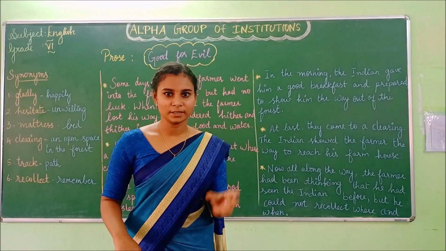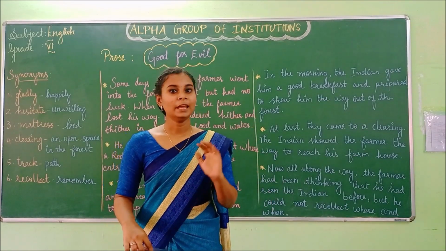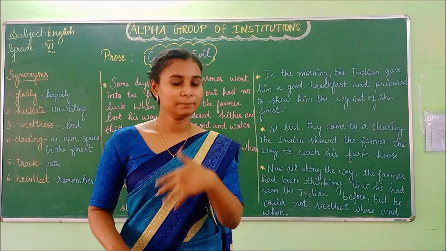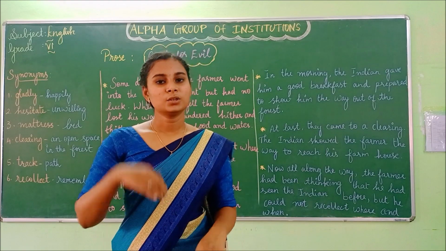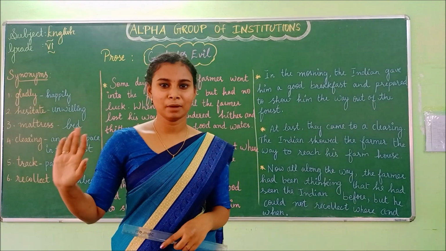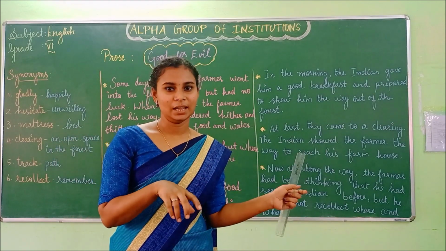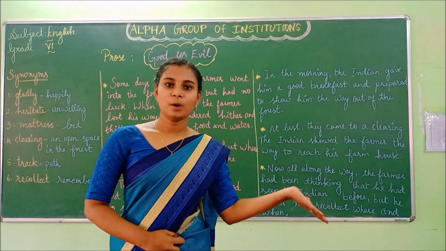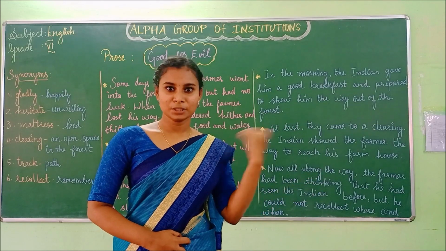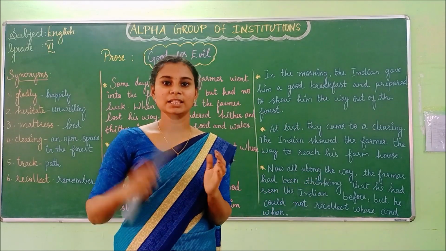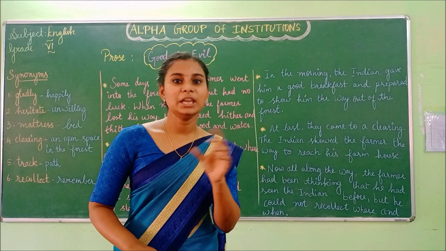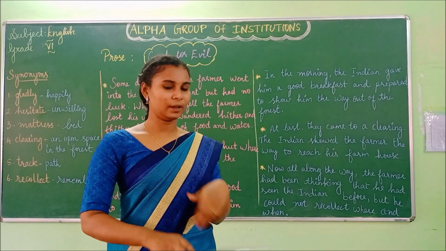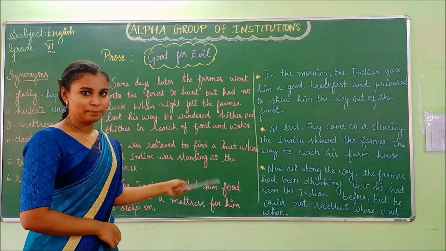Okay children, so far what we have seen is that this Red Indian is requesting at least a glass of water from the American farmer. Even after his request, this American is refusing to help him, right? So what happens next? He is chasing him away, and this Red Indian is so sad and he walks away. And after that what happens? This American farmer is muttering to himself that these beggars never let anyone rest in peace. Okay, next we shall see what happens in the lesson.